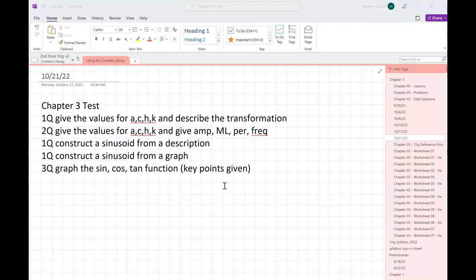So I want to talk here first about the test description, kind of the kind of problems that you'll be expected to be able to do. So the first question,